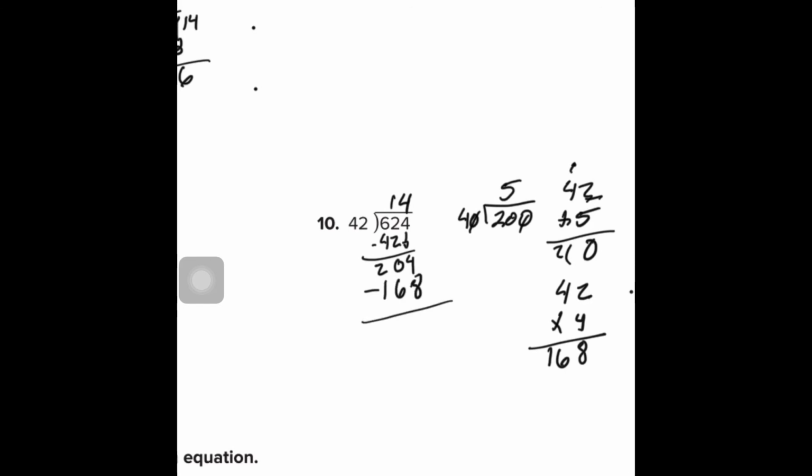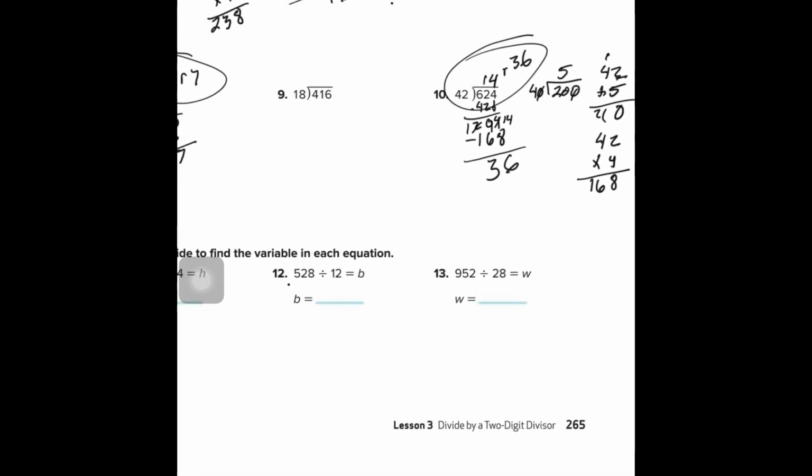168. All right, now I need to subtract that. So I need to borrow from here. That's going to make this into a 9 or a 10. Borrow one more to make it into a 9, and that would be a 14. 8, 9, 10, 11, 12, 13, 14. There's 6 left over. 9 minus 6 is 3, and 1 minus 1 is 0. So my answer is going to be 14, remainder 36, which isn't a very pretty answer, but that is the